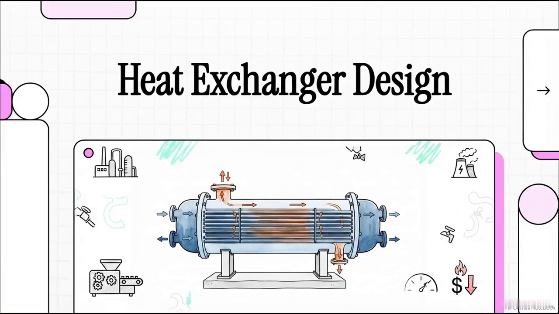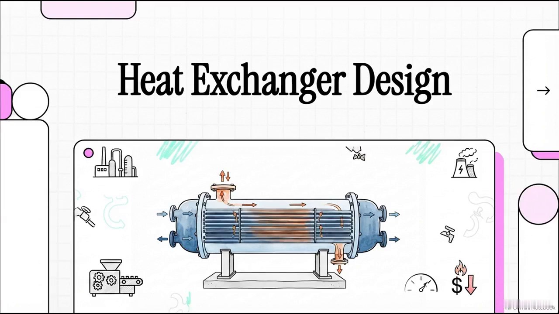All right, let's jump right into this. If you've ever looked at a major industrial facility, and I mean whether it's a massive chemical refinery, a power plant, or even just a large-scale food processing factory, you are going to see a total maze of pipes and these massive cylindrical tanks. Well, a huge number of those cylinders are actually shell and tube heat exchangers, and their